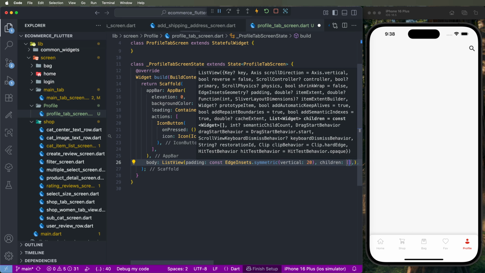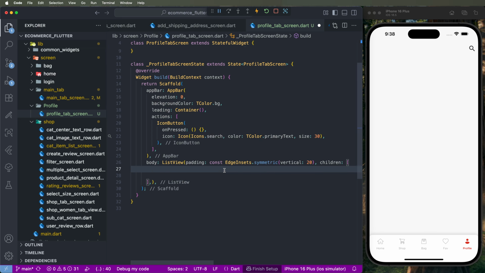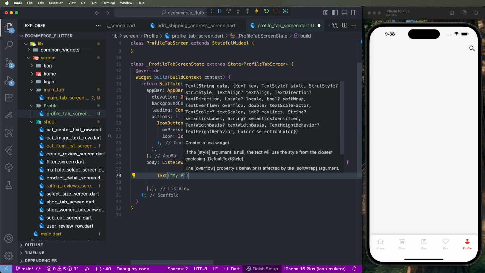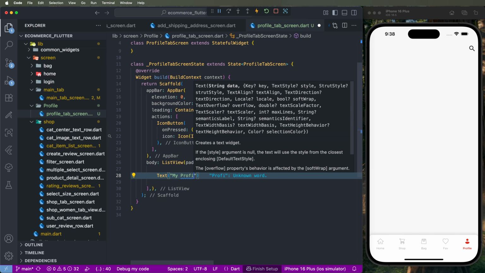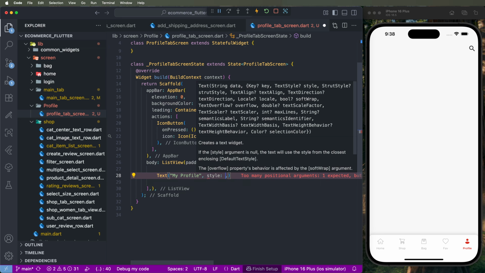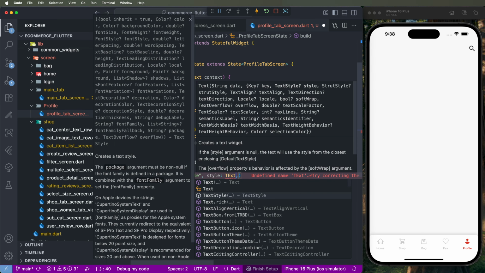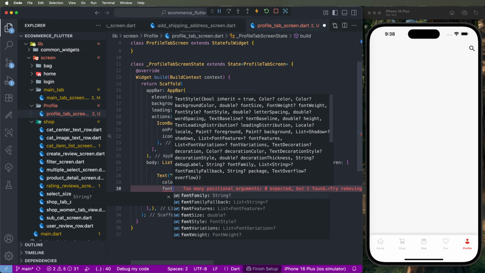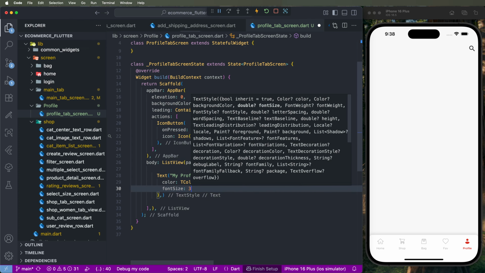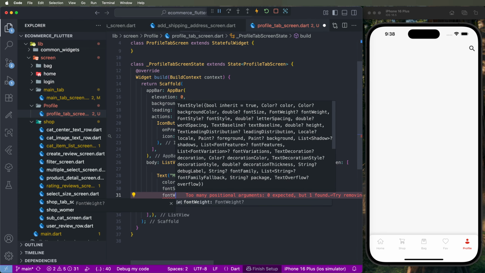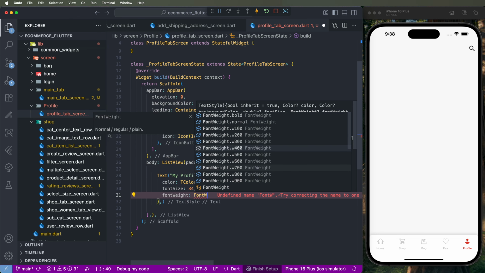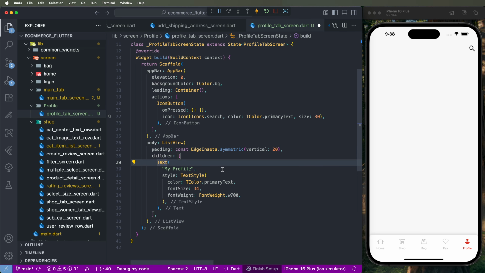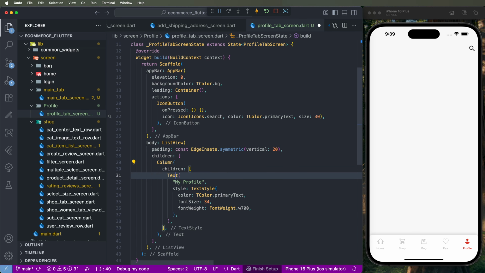Now we need to set the children here. Now we need to set the profile text, "My Profile", as the title, and we need to set the styles. Text style, set the color, the primary text color, and set the font size. We need to set 34, bold, font weight 700. Like the configurations, and we need to create the column here, that is good, and we need to set